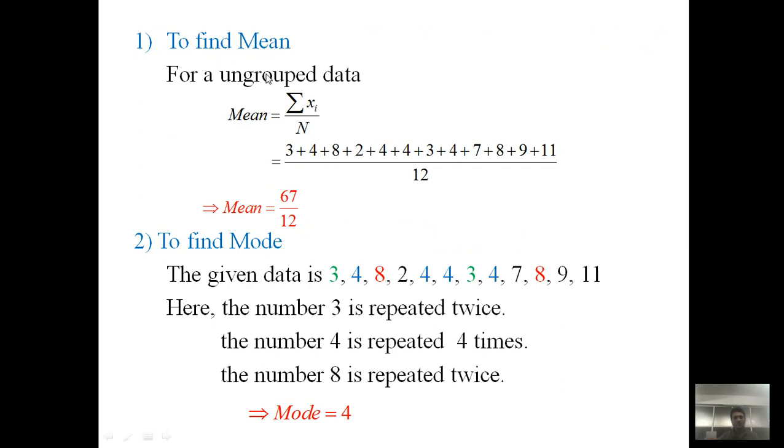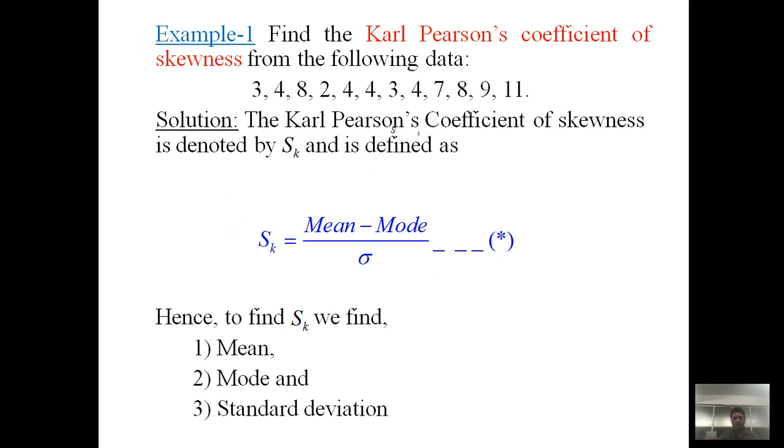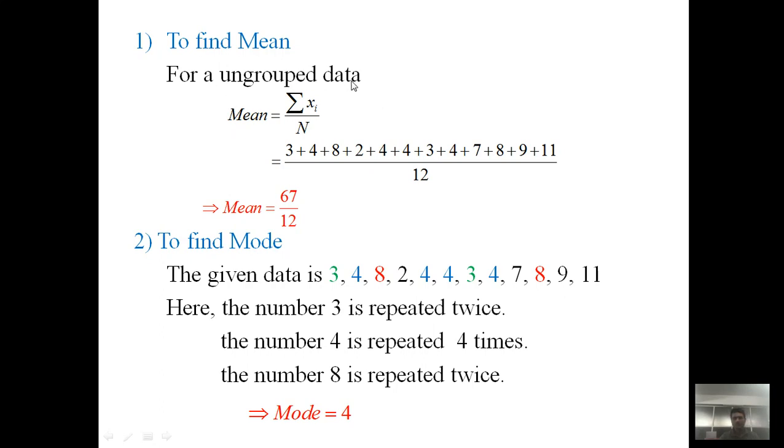So let's first find the mean. As we studied at school level, when we learn a little about probability and statistics, these are part of statistics. If data is given as x1, x2, x3 and so on, that is, xi is given but the corresponding frequency is not given, this type of data is known as ungrouped data. So here in this example the data is ungrouped.